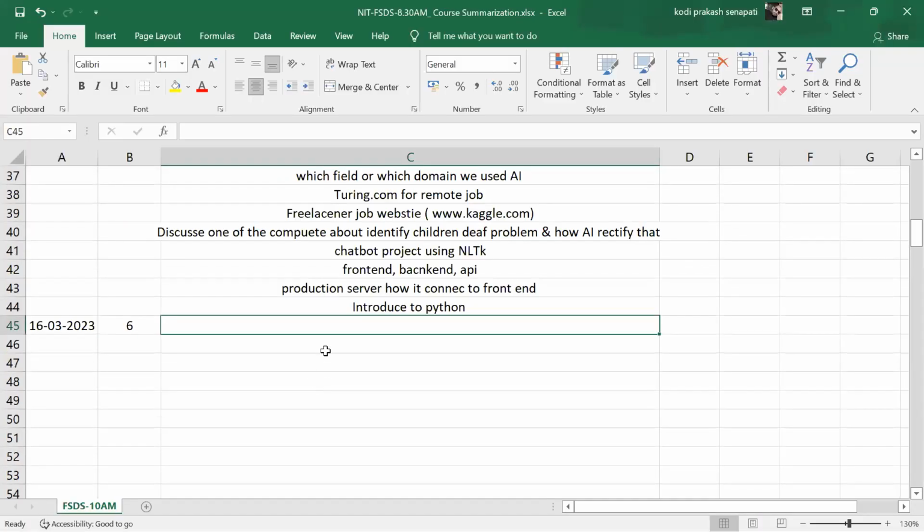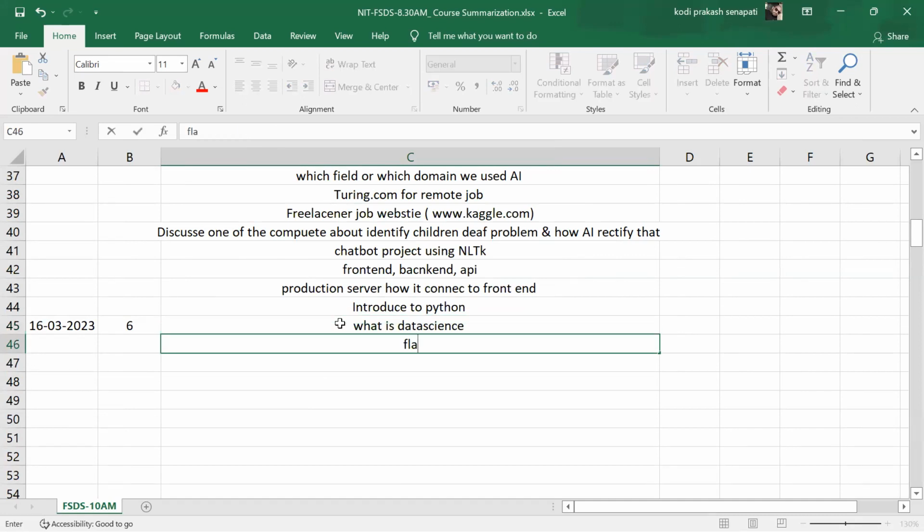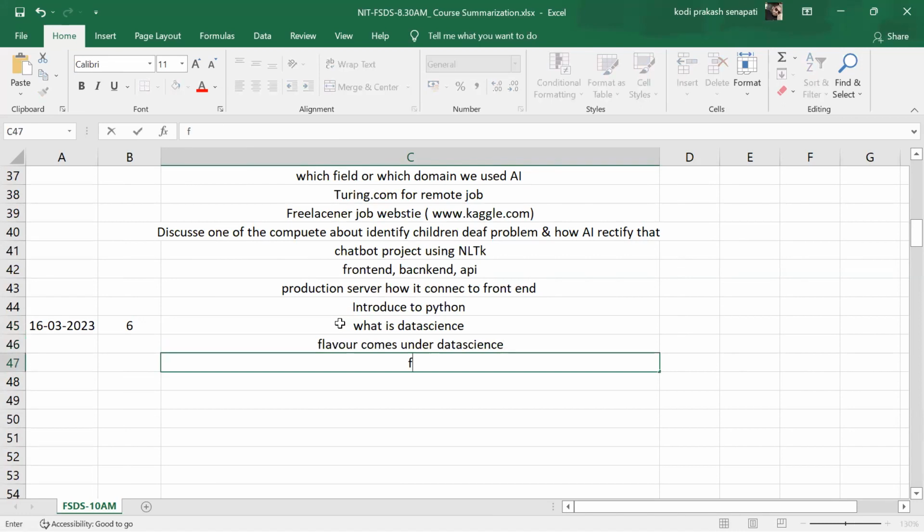Okay. Today's session, what we learned, guys: the session started with what is data science and what flavors come under data science. Did we learn or not? And we discussed frameworks for text data. What is the framework, guys, for text data? Anybody remember?